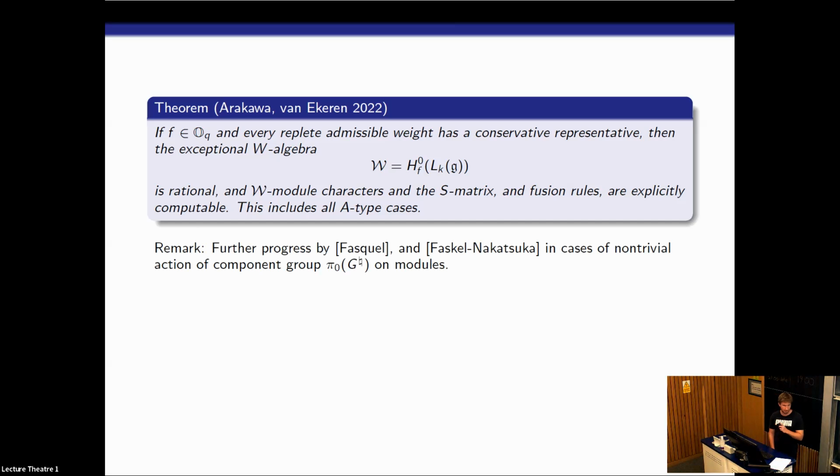So we have this group G natural, a centralizer of the SL2 triple associated with the nilpotent, which in general is not connected. When it's not connected, you get a transitive action of this group on a set of